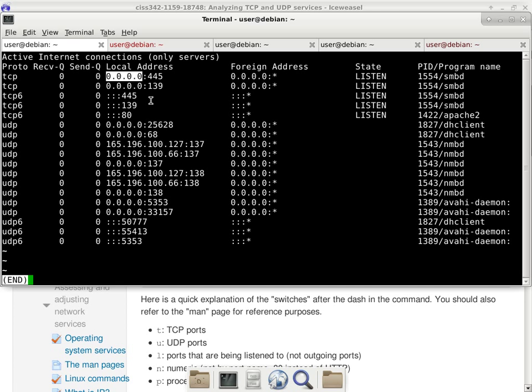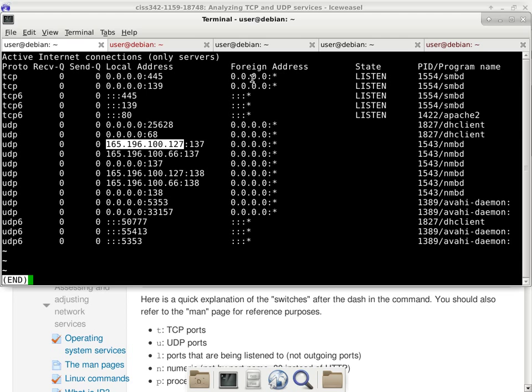Anything that has an IP address, you should also look out for, like this one here. This is basically saying it is particularly listening to the interface that has an IP address of 165.196.100.127, which is a proper IP address, okay? And that corresponds to ETH0 on this computer, which is the first Ethernet port of this computer. So it is still listening to outside connections. So that's also important, and in fact, all of these, they're all listening to the outside world. So all of these are important.